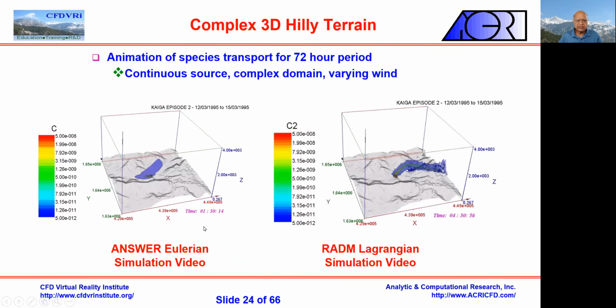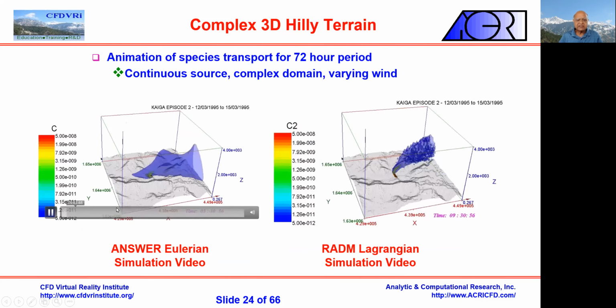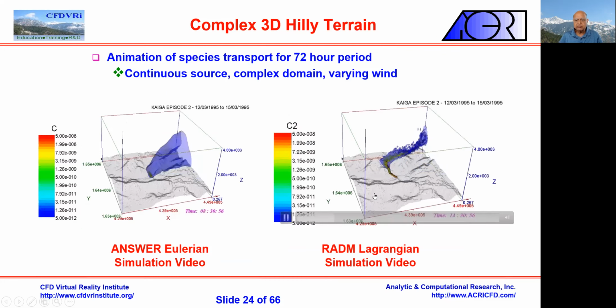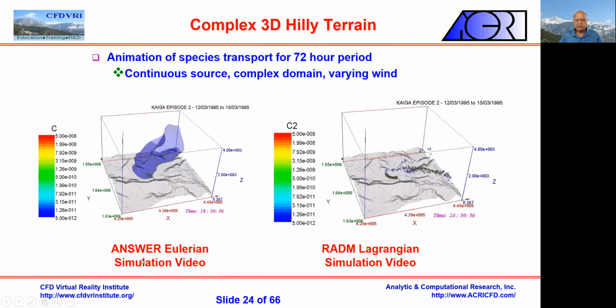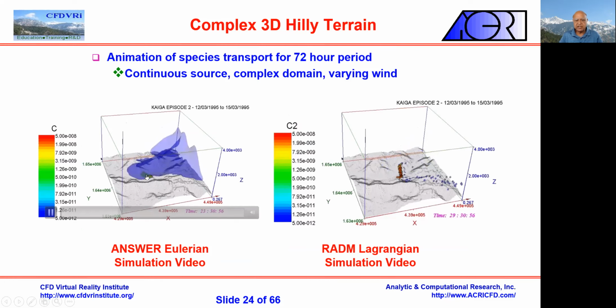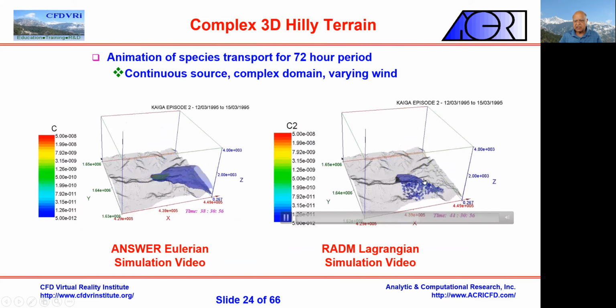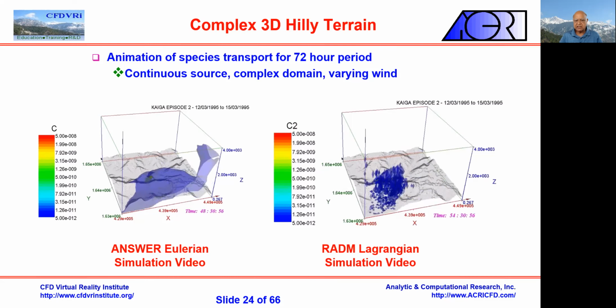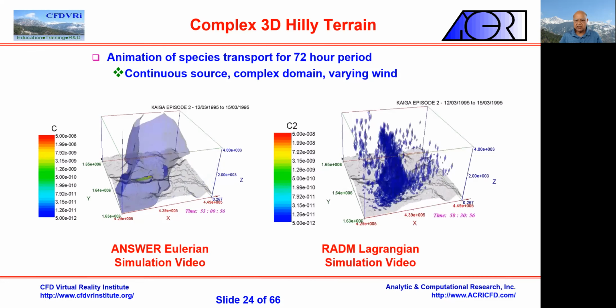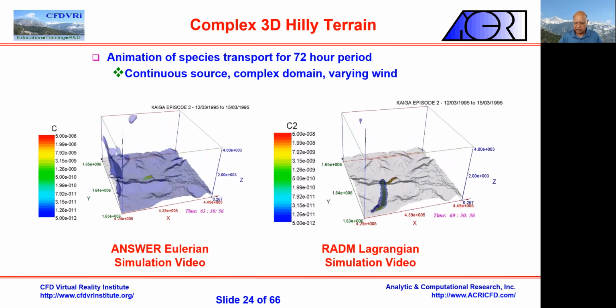So here are a few case studies for you. What this does is it shows you the plumes developing. One is with a random Lagrangian, one is with an Eulerian simulation. You can see the difference in the shape between the two. The Eulerian looks like nice contours, but this looks much more realistic as to where it's going and what's happening with the wind. And you can see that the false diffusion is not there. At the last time, the wind had a high instability, and that's why it broke down. Okay, so this is the difference between the two.